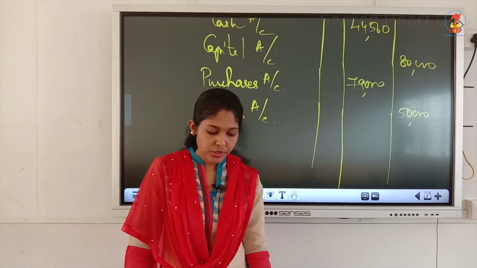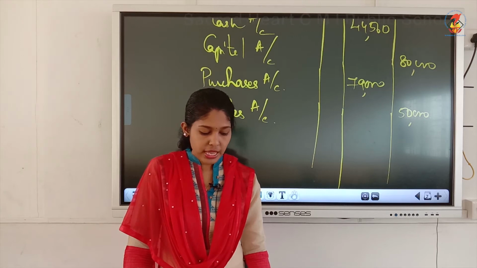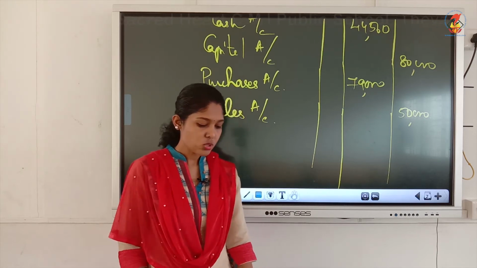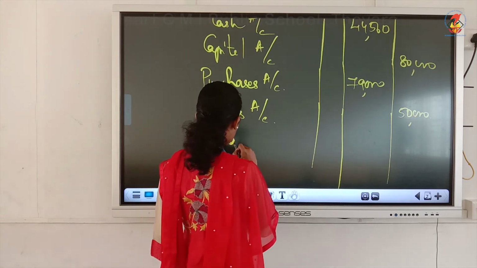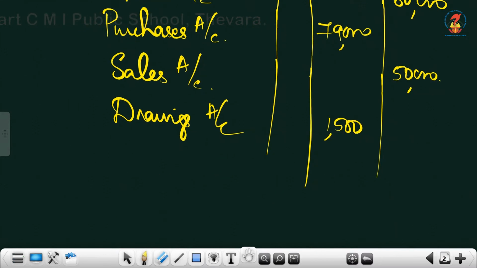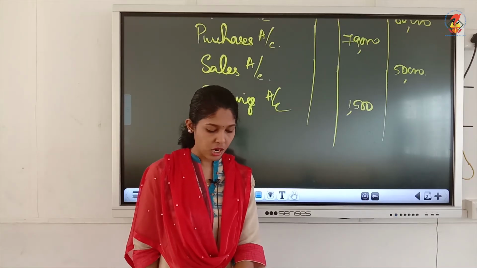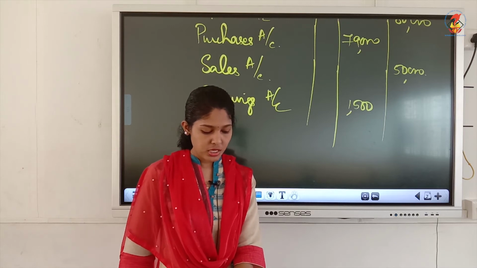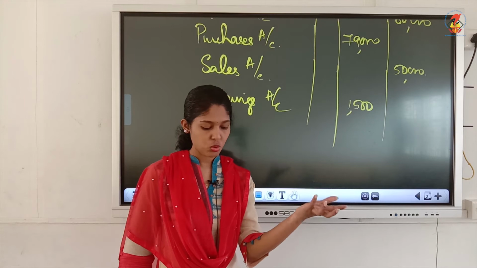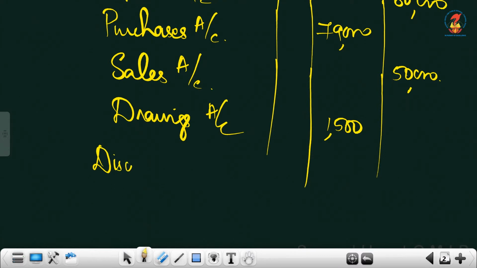Similar to Sohan's account, here also there is no balance. So, ignore that account. Then drawings account brought down figure is on the debit side. So, it is having a debit balance. So, that you can write now, drawings account 1500. Then the next is Dinesh. Dinesh's account also there is no balance for that account. So, ignore that account. Then discount received carry down is on the debit side. So, normally brought down would be on the credit side. The amount is 540. You have to see the brought down side, okay.